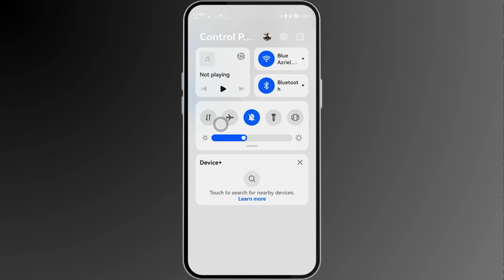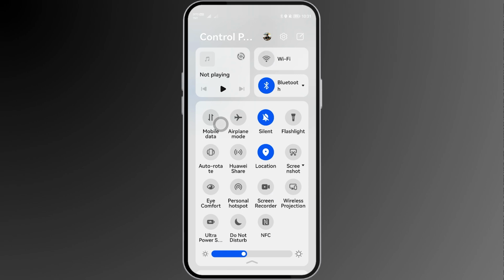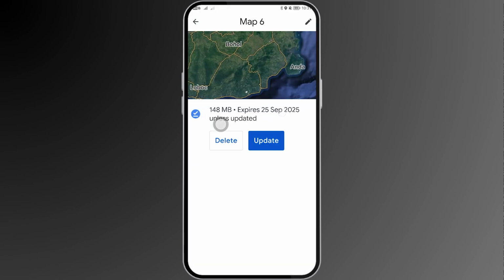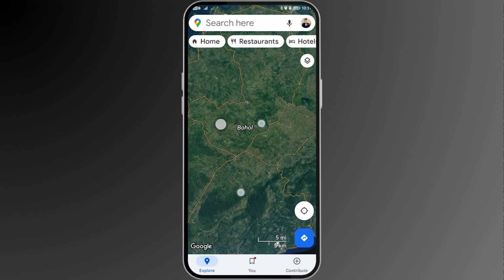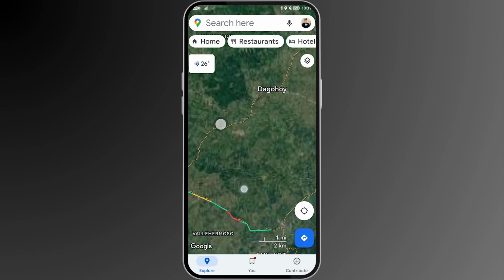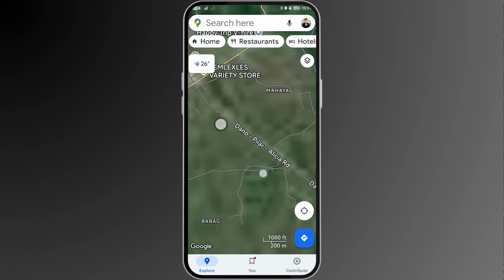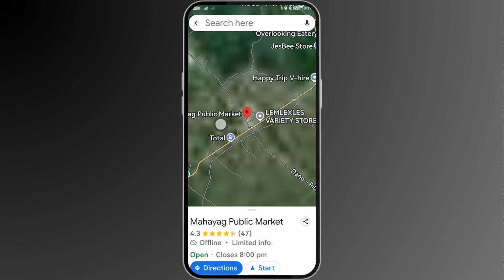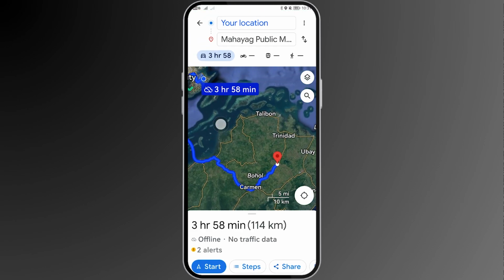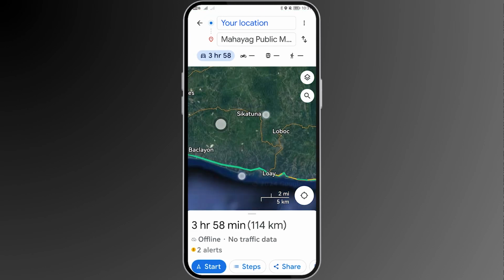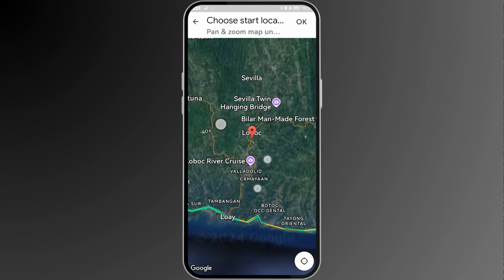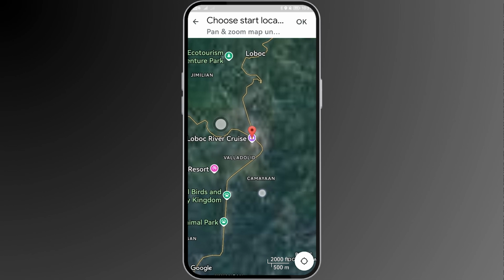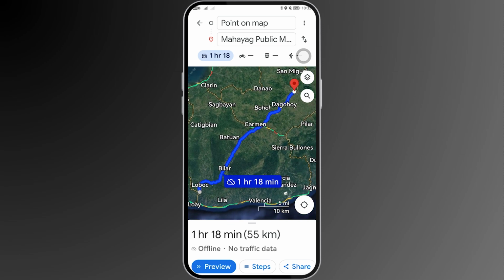So if I were to go ahead and turn off, say for example, my internet, just like so, I can head over to the map just like so, and then we can actually go there and be able to find a location from one place to another. So say for example, let's just go ahead and choose this one right here, and then we're going to go ahead and choose directions, and then the directions that we are going to choose, say for example, we're going to click this location, choose on map, and we're going to go ahead and try to choose, say for example, this one. So I'm going to go ahead and tap the OK button here at the top,